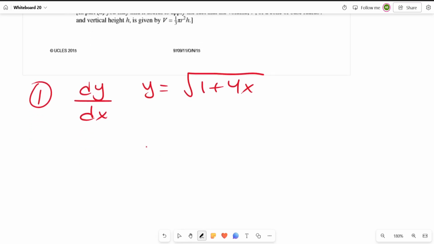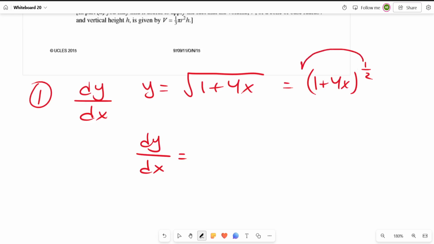So let's differentiate. So dy by dx is going to equal, this is similar to 1 plus 4x all to the power of half. So what I'm going to do is multiply this half over here and then reduce the power by 1. So it's going to be 1 over 2 times 1 plus 4x, and then reduce the power by 1. And then I'm going to multiply by the differentiation of what is inside. So what is inside, differentiation of 1 is 0, differentiation of 4x is basically 4,